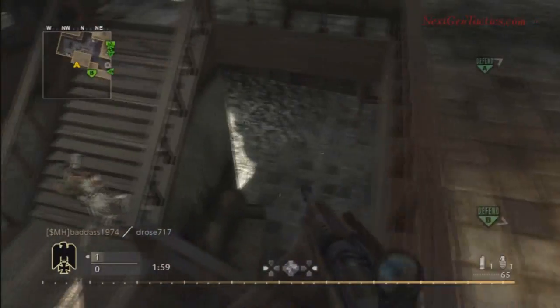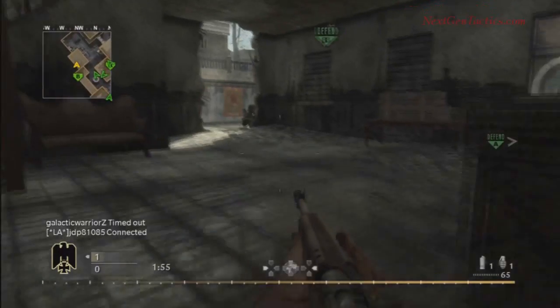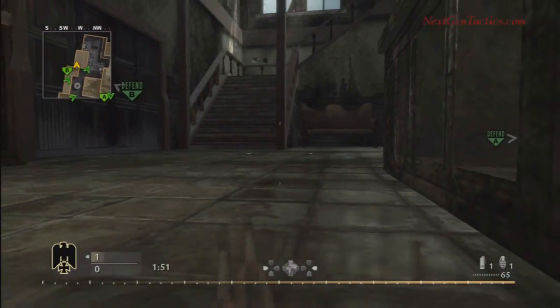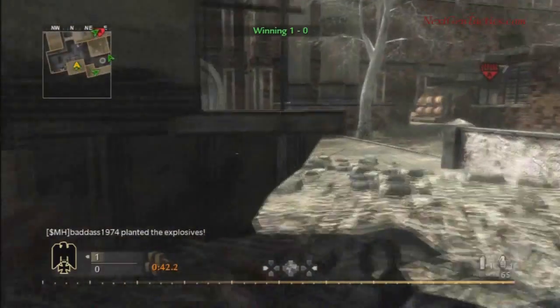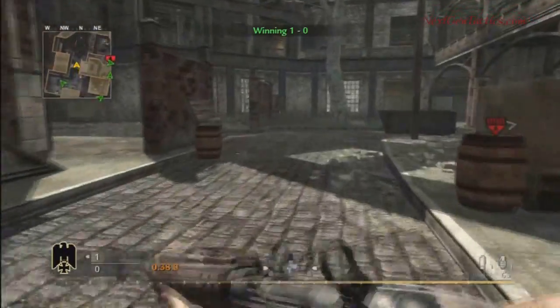If you hear movement at all, don't look at the map to see if it's an enemy or a friendly player. Just look quickly, then check the map, because you want to be in the ready position to shoot, which is what I did there. Now, while I'm down here, again, the bomb gets planted, and I've got to run across